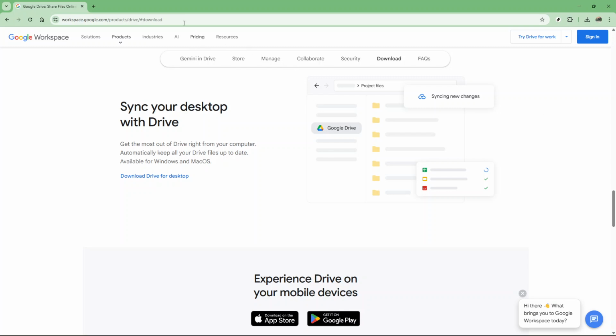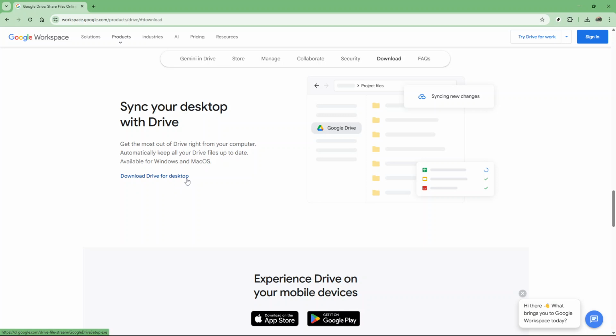First, to kick off the process, head over to the official Google Drive website and download Google Drive for desktop. You can easily find this by visiting google.com/drive/download. This application is a great tool because it allows you to synchronize your online Google Drive files with a folder on your computer. This means once everything is set up, you can smoothly access your files without needing an internet